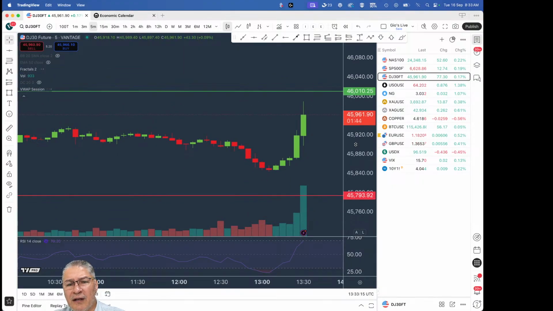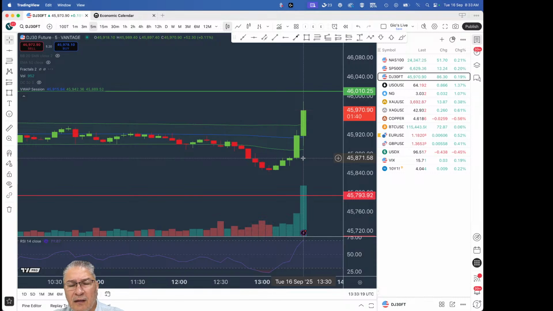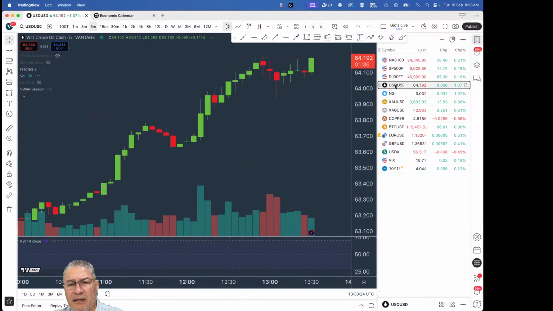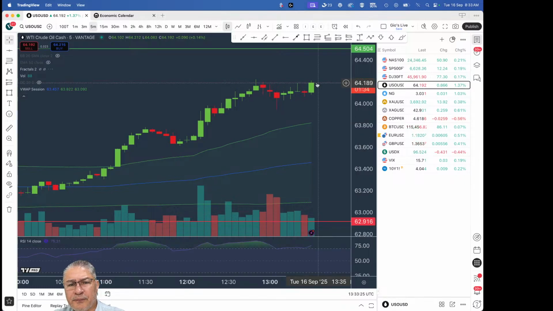So the Dow decided to fluctuate to the upside in nice parabolic movement. Nice. So 46,000 is going to be the marker. Crude oil is outside the VWAP, so we couldn't be using the VWAP for any entries. Let's turn on the Bollinger Bands on this puppy and see how